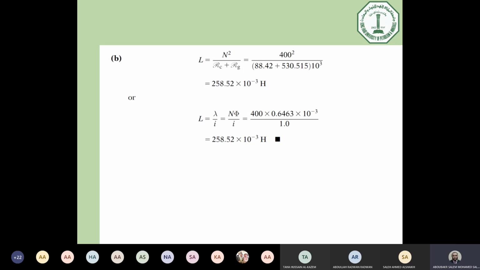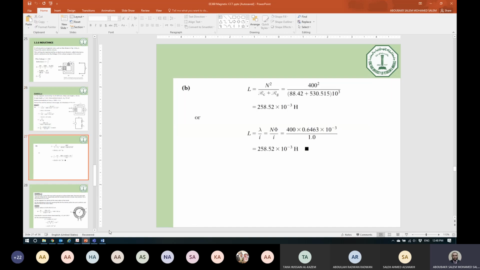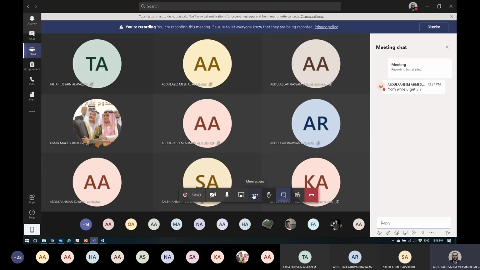It's not in the syllabus but I believe it's important for you even later, God willing, in your life. It's very important to know what the meaning of inductance is. Firstly, let me stop the